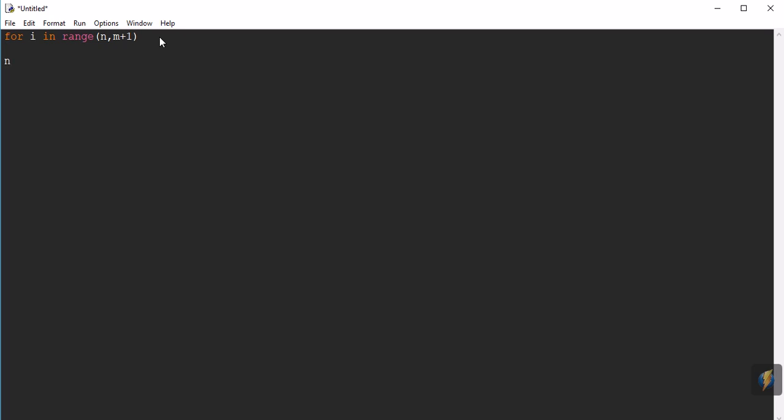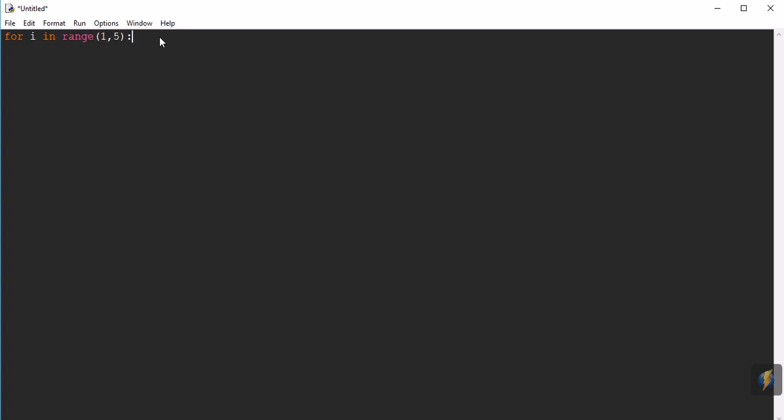If we categorize it like n, then n plus 1, then n plus 2, and then m minus 1, then m, and then m plus 1, the loop will not go till m plus 1 but till m, and that's what we want. So if I write 1 comma 5